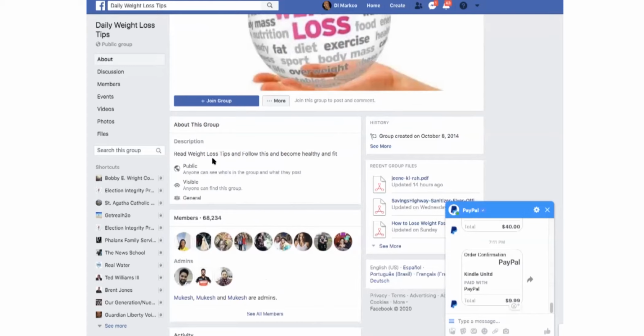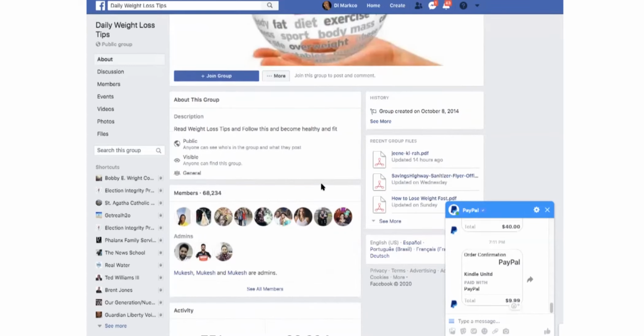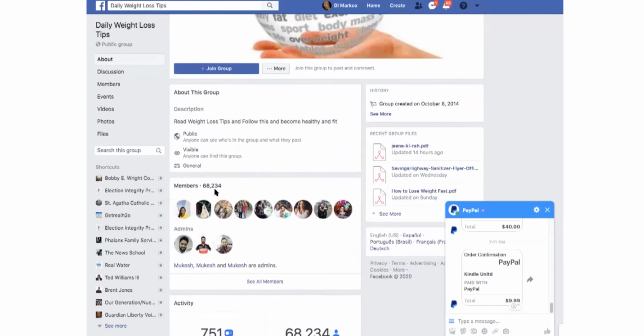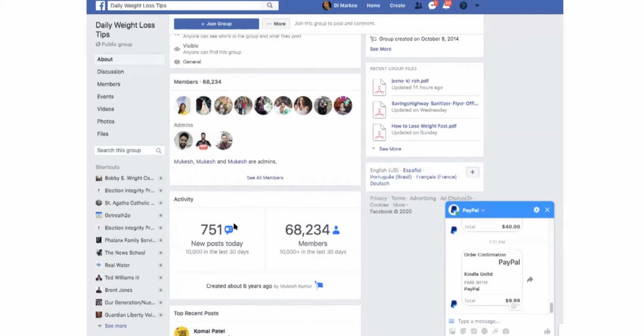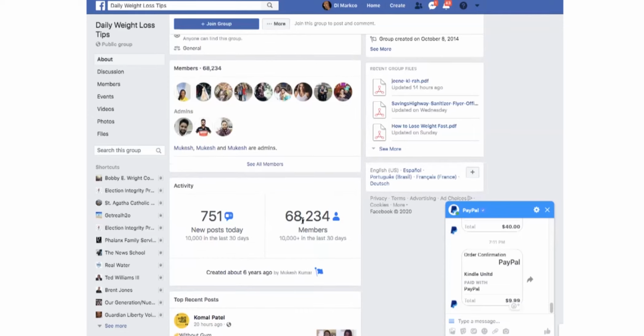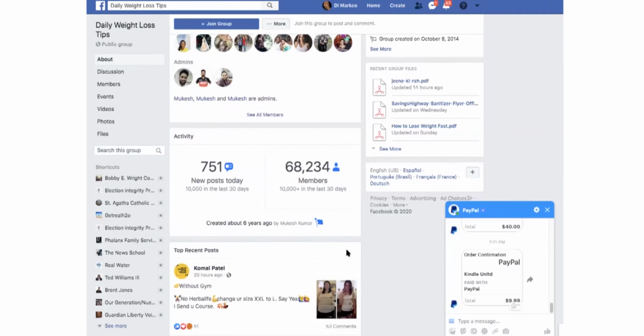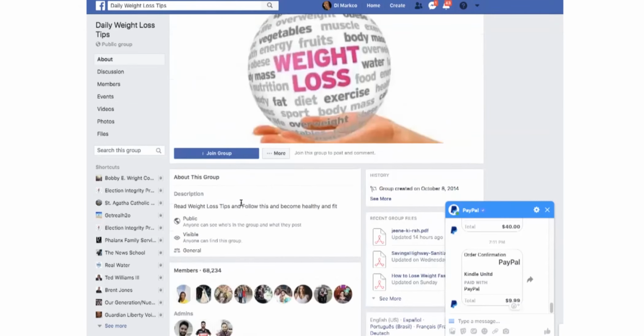It says read weight loss tips and follow this and become healthy and fit. There's 68,000 people in this group. Remember I told you to look at these things: 10,000 new posts over the last 30 days, 751 posts today. So these people are getting a lot of posts. Again, when you see this high number, you've got to make sure what you post in this group is something